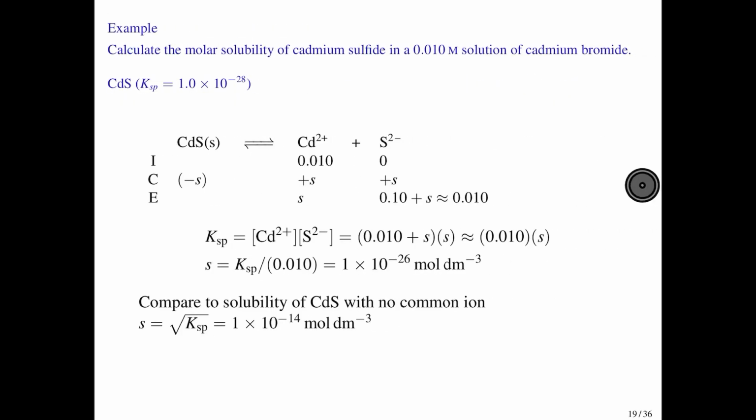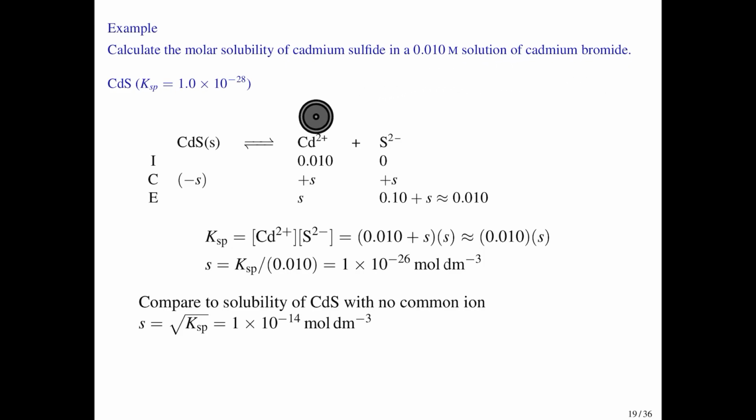So here is an example problem illustrating the common ion effect. In this problem, we are considering the solubility of cadmium sulfide, and so here is the dissolution reaction for that, but we're considering the solubility in the presence of a common ion. So we have in the solution 0.01 molar cadmium bromide, and so the ion in common in this case